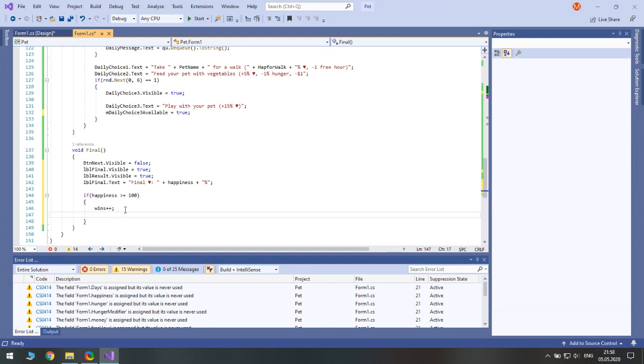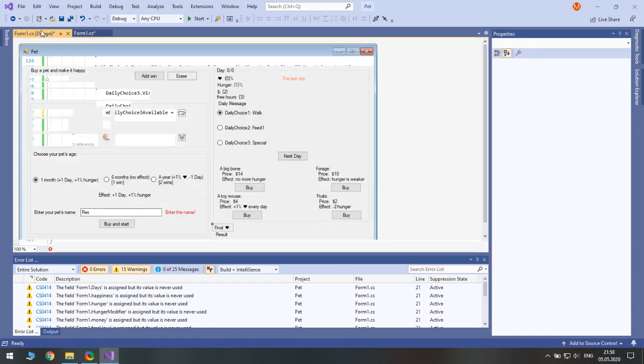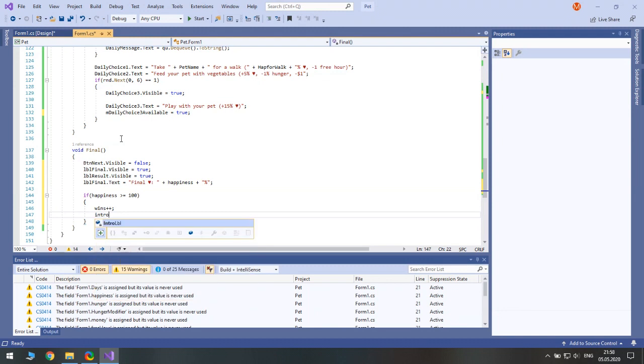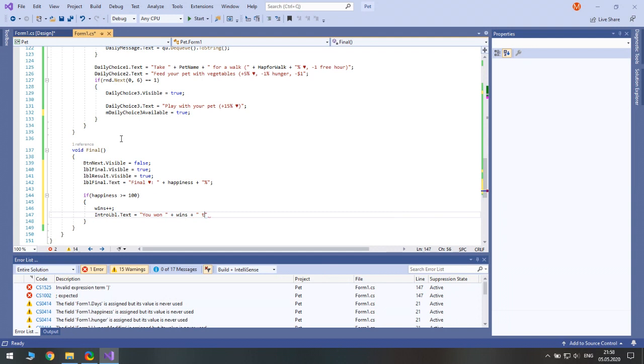Then we change the text here to update it immediately. So intro label text equals you won space plus wins plus space times and dot. Next we set the result.